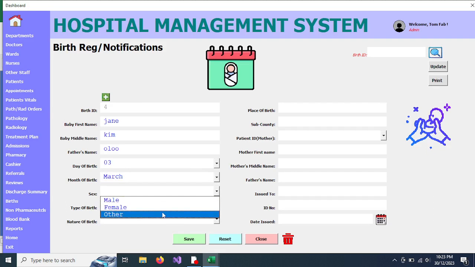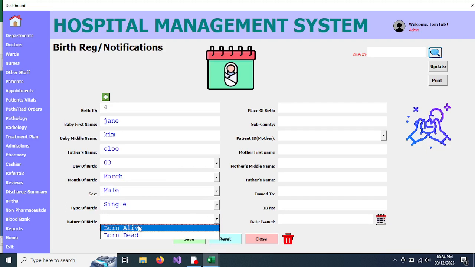Sex, maybe female. Let me say female or male. Type of birth, maybe single. Nature of birth, maybe born alive. Place of birth, you put place of birth, sub-county. Patient, okay, that one is okay. Then mother's name, father's name. So now, then issued to,